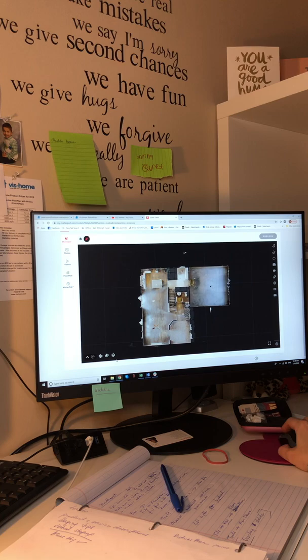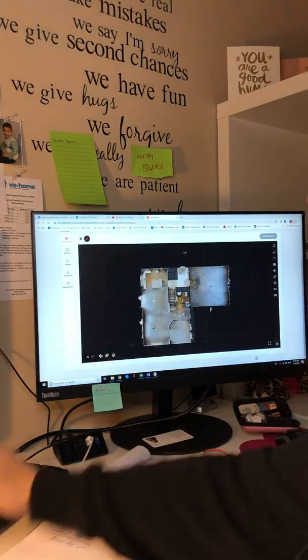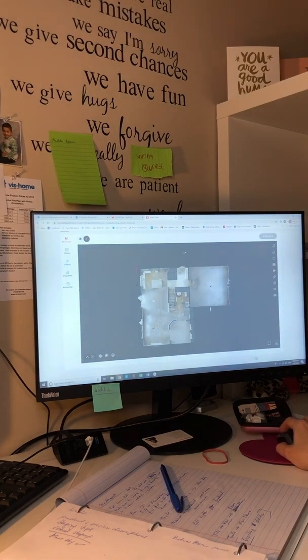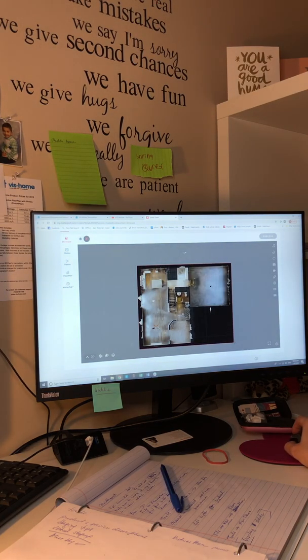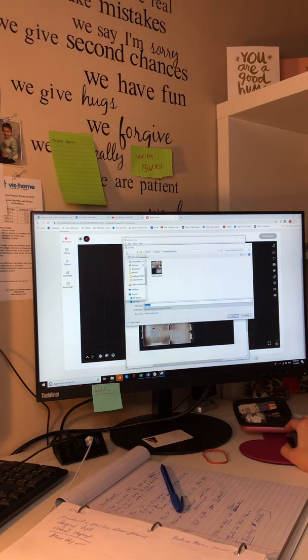So this is the floor. Floor 1 is normally the basement. Floor 2 is our main floor. So what we're going to be doing, we're going to go to the snipping tool, and we will take a screenshot of our layout, the floor plan of the house on the Matterport, provided by Matterport. So we took the screenshot, and then we're going to save this screen in a PNG format, not